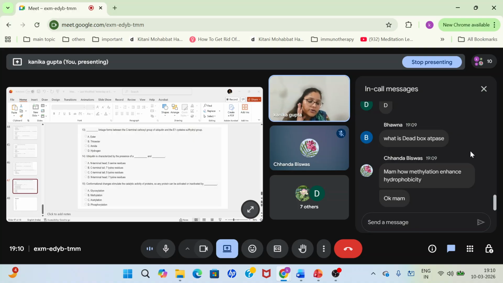But something I know about it is that it is a highly conserved enzyme that binds and remodels RNA. Okay? It helps in the remodeling of RNA, and it acts as a chaperone. It is involved in various processes. This is the only thing I know about DEAD-box ATPases. But if you want, I can read about it and tell you in detail in the next lecture. They act as chaperones, and they are very conserved. They are generally used to remodel RNA.